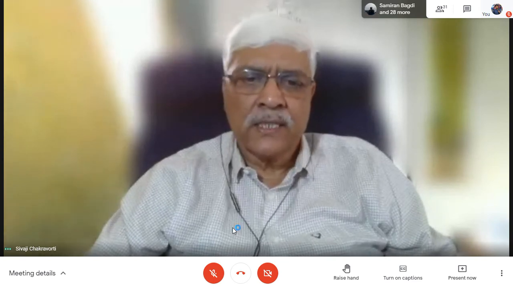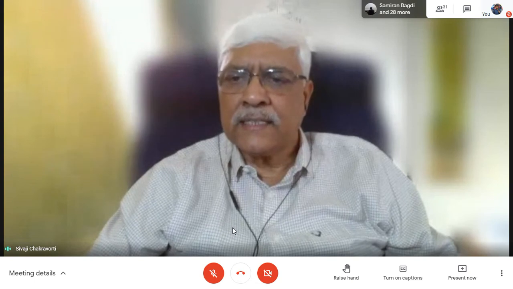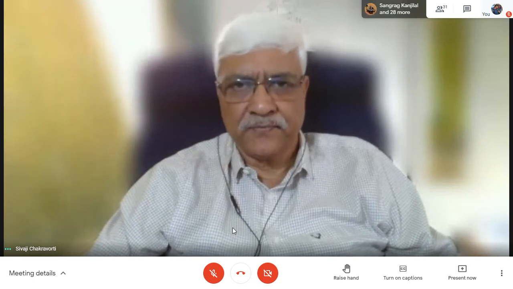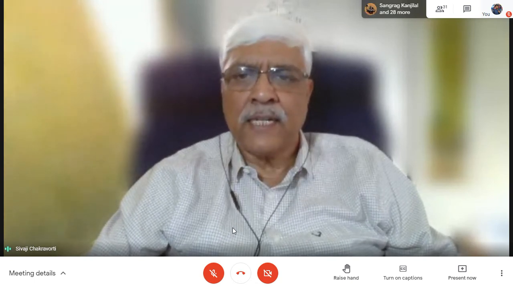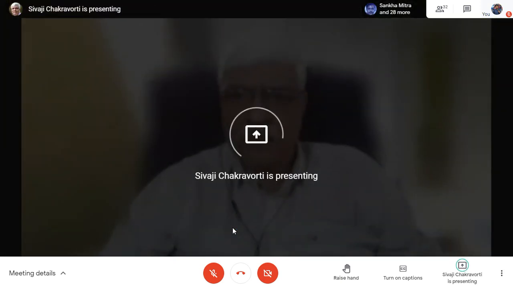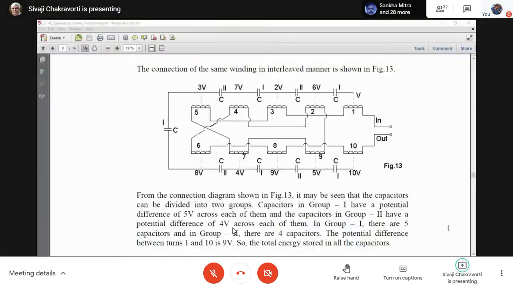And therefore, these interleaved windings are always very expensive. But interleaved winding is never used for smaller transformers. They are always used for very expensive transformers. That means if I am having one transformer of 10 crore, right, then naturally we have to take care of that. Why? Because there are certain practical issues. Let's say I have a 400 kV transformer, cost is 10 crores.